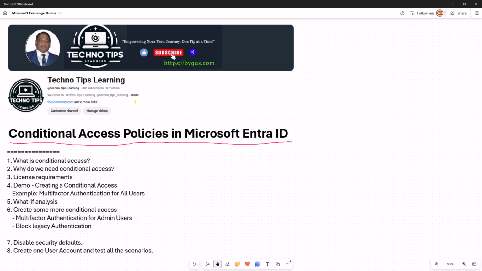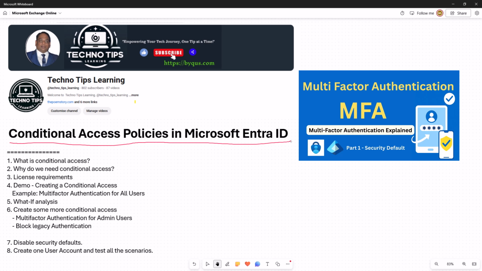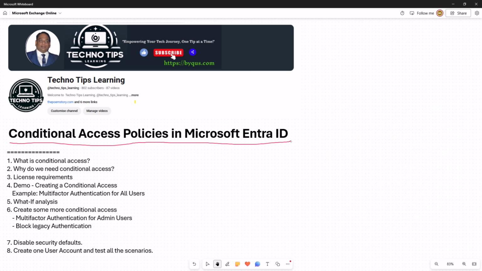My last video was on multi-factor authentication, how multi-factor authentication works, and about the security defaults. Whenever you onboard or get Microsoft Entra ID, it follows the principle of security by default.